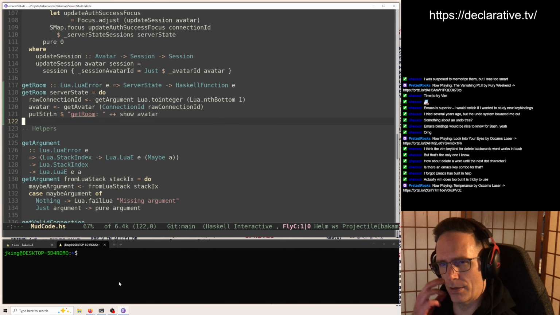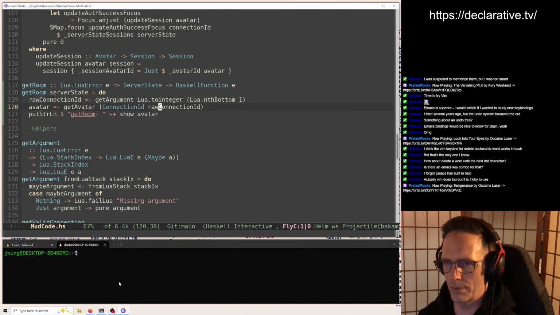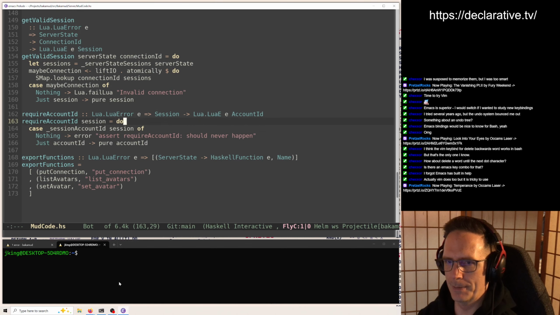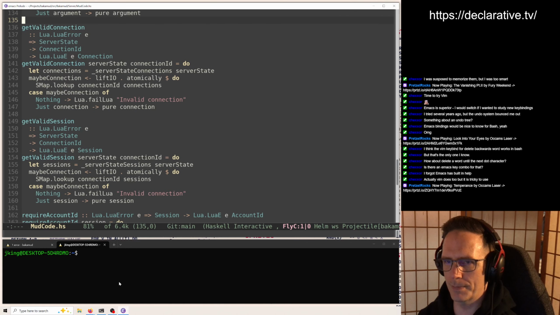I would say it's a fair shake that the get room function should require the avatar ID, because there'd be no way we could complete its behavior otherwise. Yeah, okay, so that's what we'll do. Create a little helper for that.